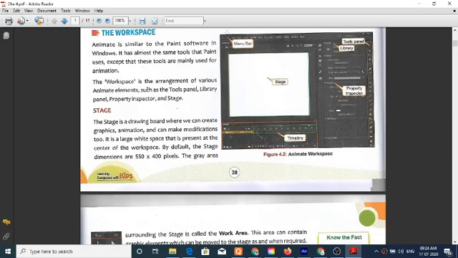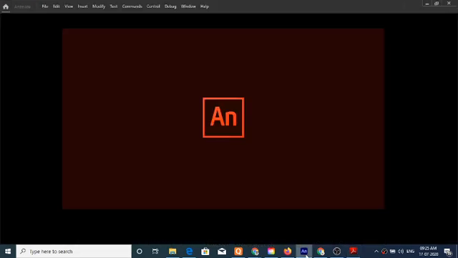This is also called the control panel of the software because it controls the buttons available. The menu bar, as in the animation software, looks like this: file menu, edit, view, insert, modify, text, command, control, debug, window, help.